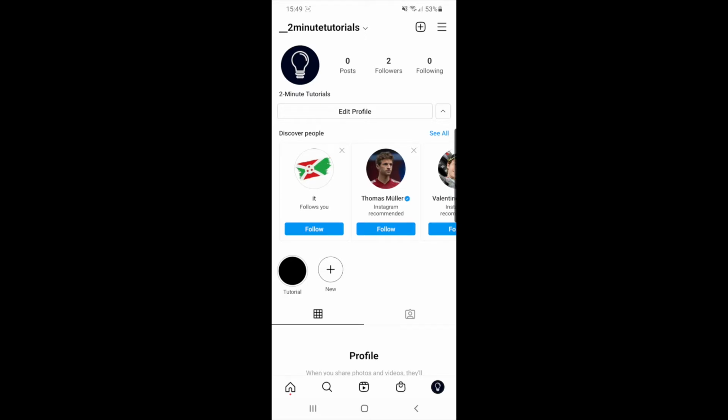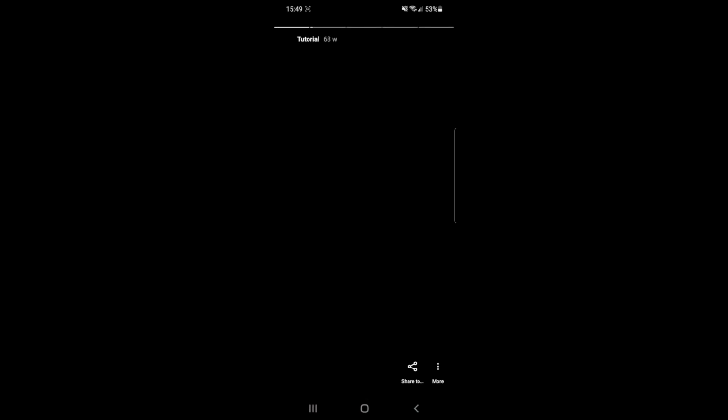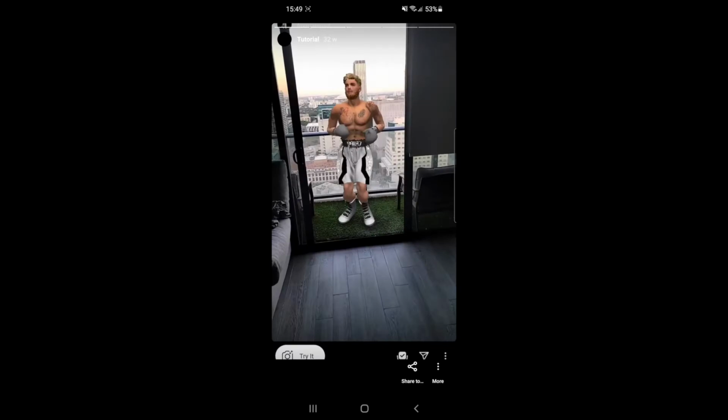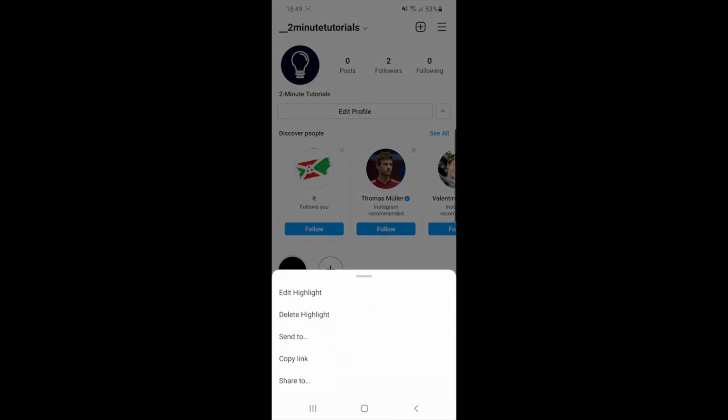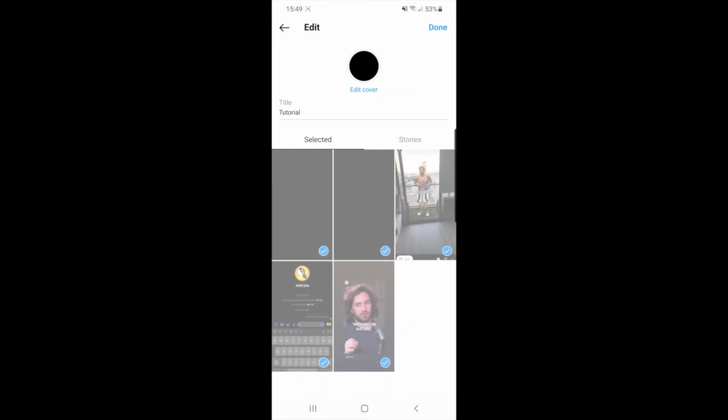So first of all, I will show you that I have 5 stories on my story highlight here. So if I just go ahead and scroll through them, you can see that I have got 5. So what you need to do now is simply click and hold on the story. Once you do that, you will get an option now to edit highlight. So if you click on edit highlight, what that will do is it will bring you to this page here,